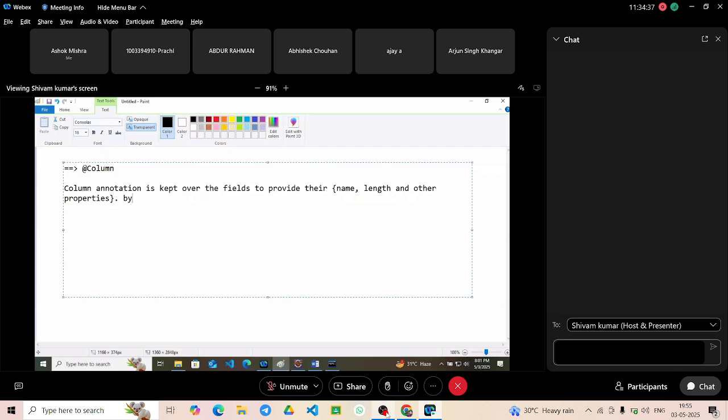By default, column name will be same as field name. And the length of string fields will be 255 by default. And there is a reason that it is 255. That also I am telling you. The reason is,